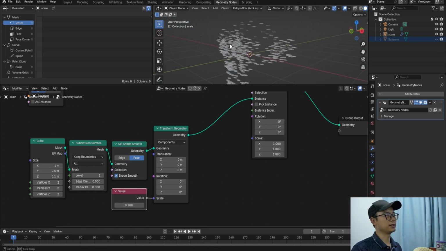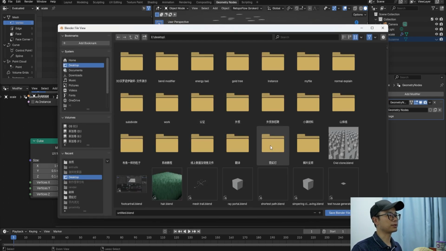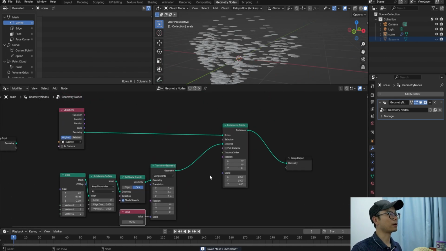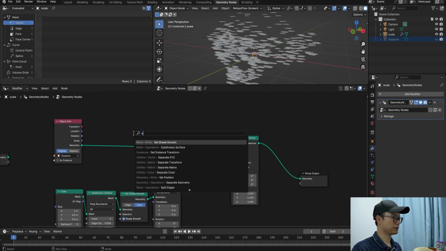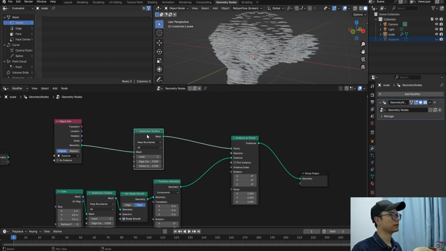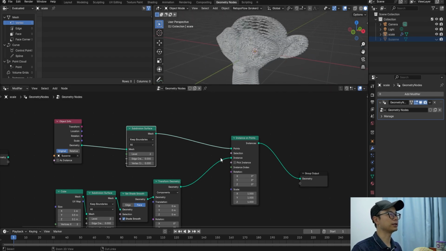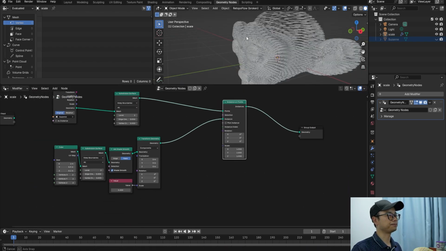So okay, we have the like many scales on the monkey head, and first we need to save them. Yeah, save it like this name. So there are not enough scales, so we need to subdivide the monkey head, and I think 2 is okay. Yeah, 2 is okay. And then we will